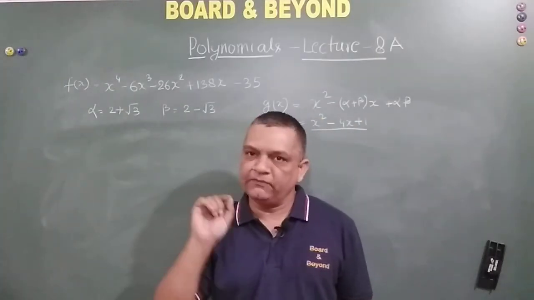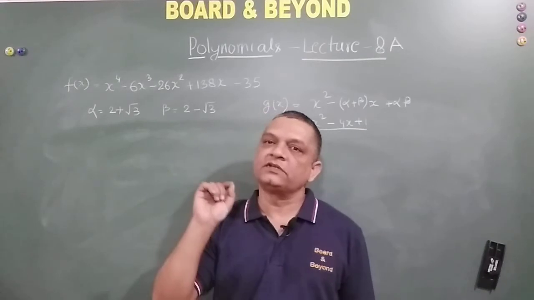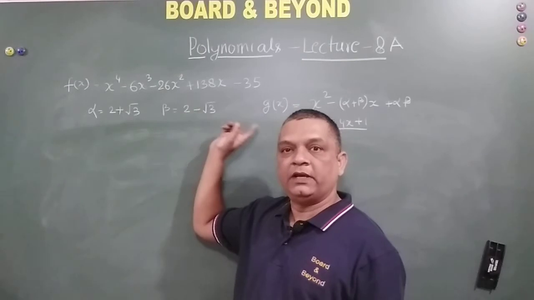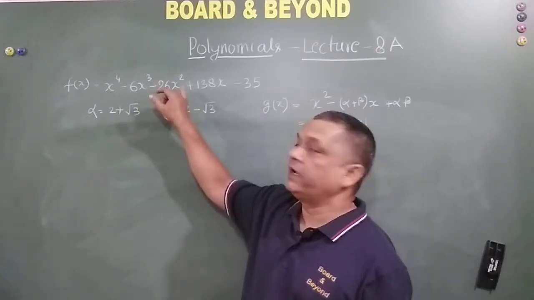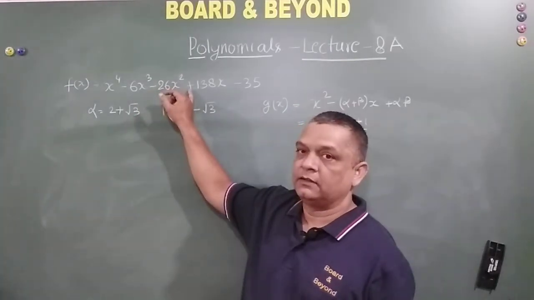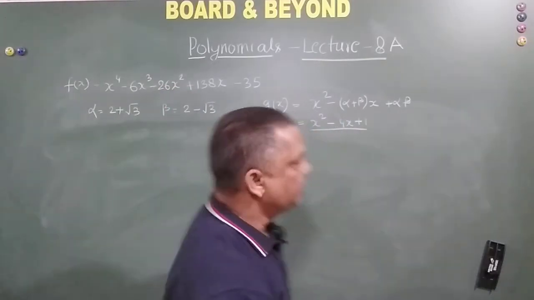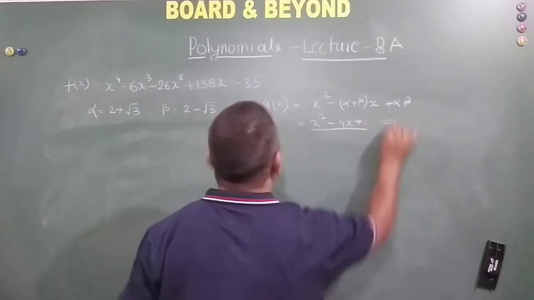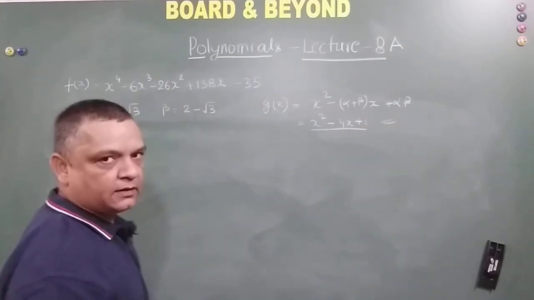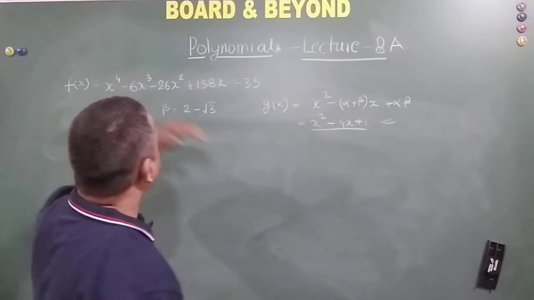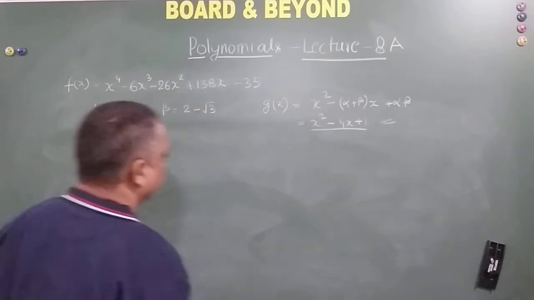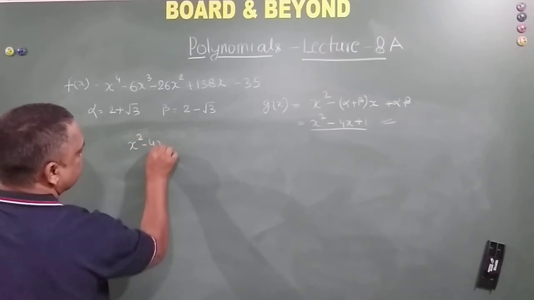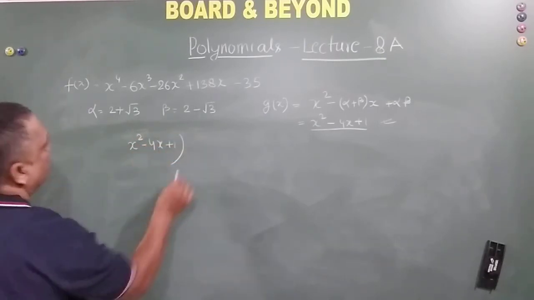The quadratic equation formed with these two roots will be a factor of the biquadratic polynomial, right? Okay, please remember it. In other words, what I mean to say is that this is a factor of this biquadratic polynomial. So if this is a factor, let us try to find the other factor by simply dividing it. So x square minus 4x plus 1, I am dividing how much?